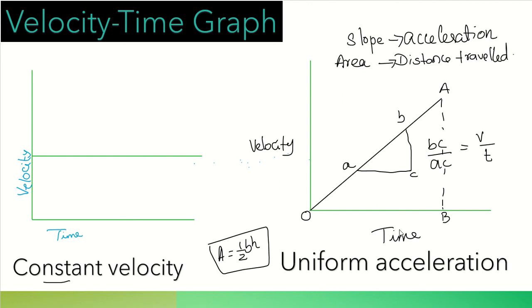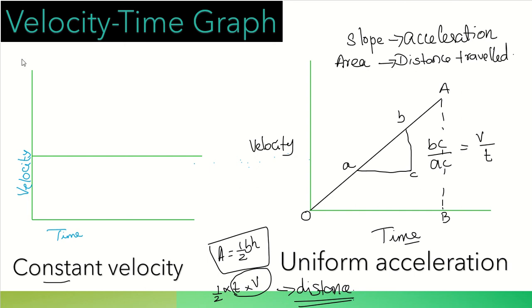So which quantity is there on the base? It's half into whatever value, but we are just checking how we get that distance traveled. We have time on the base, and the height is AB, which is representing velocity. So velocity into time. We have velocity equal to distance by time, so velocity into time will give you distance. This is how we get the area under the graph as the distance traveled, and the slope of the velocity time graph will give you the acceleration of the object.